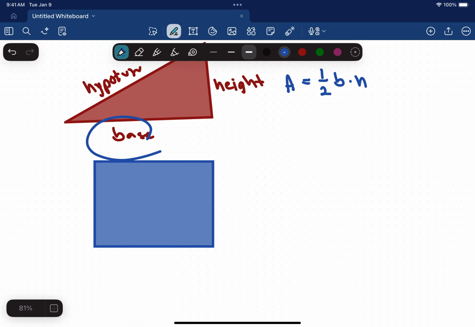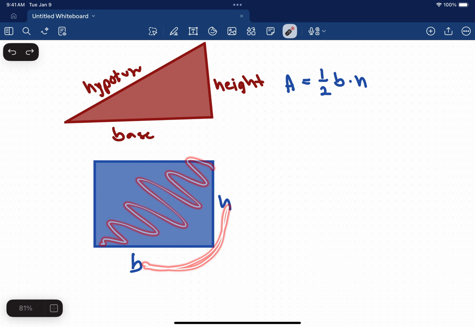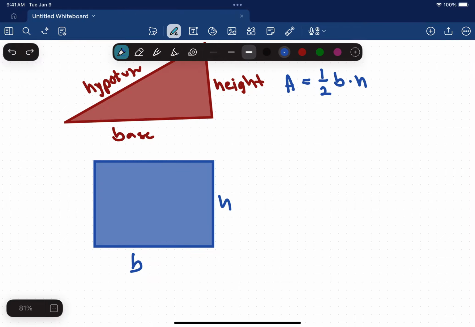The base will be here, the height will be here, and that's why you're multiplying these two together, right? Once you multiply these two together, you're getting the whole area of this rectangle. But there is a 1/2 right there, and that is because we are basically slicing